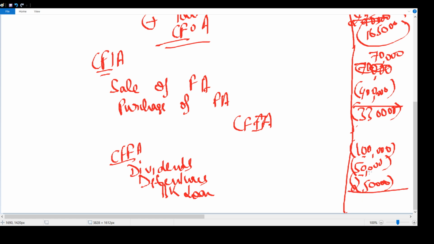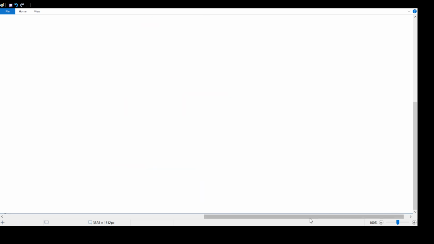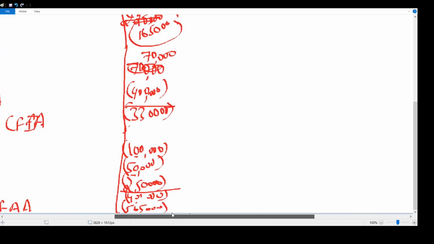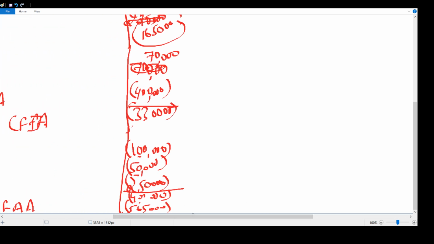It will be 3 lakhs, 4 lakhs, negative, and the cash from all activities. From all activities, that will be 1,65,000 minus 3,30,000 minus 4 lakhs. 5,65,000 here is a total in negative. Okay, now